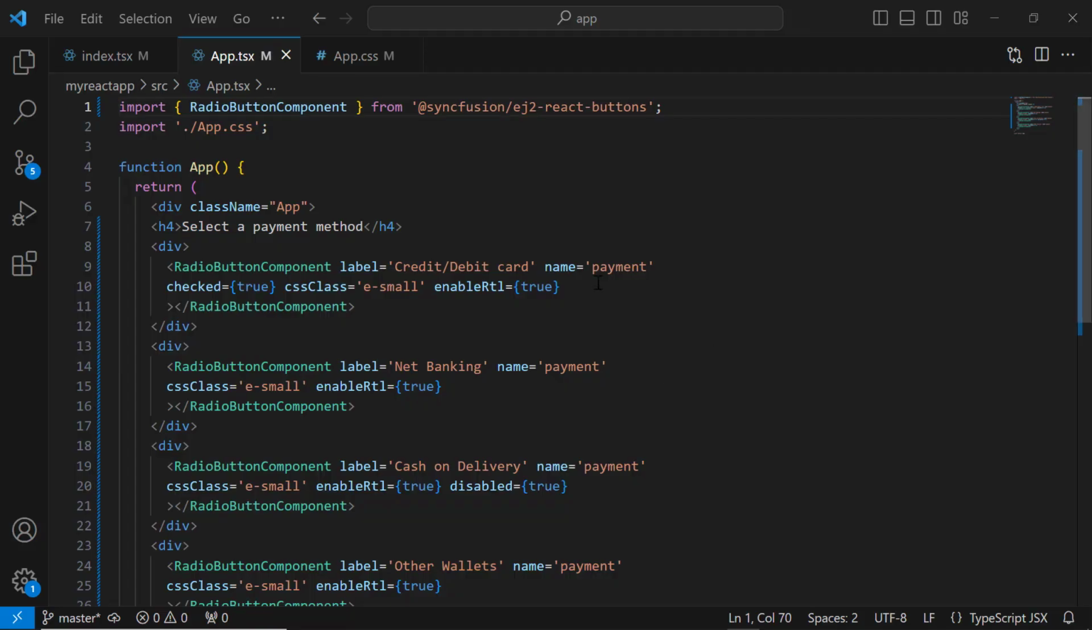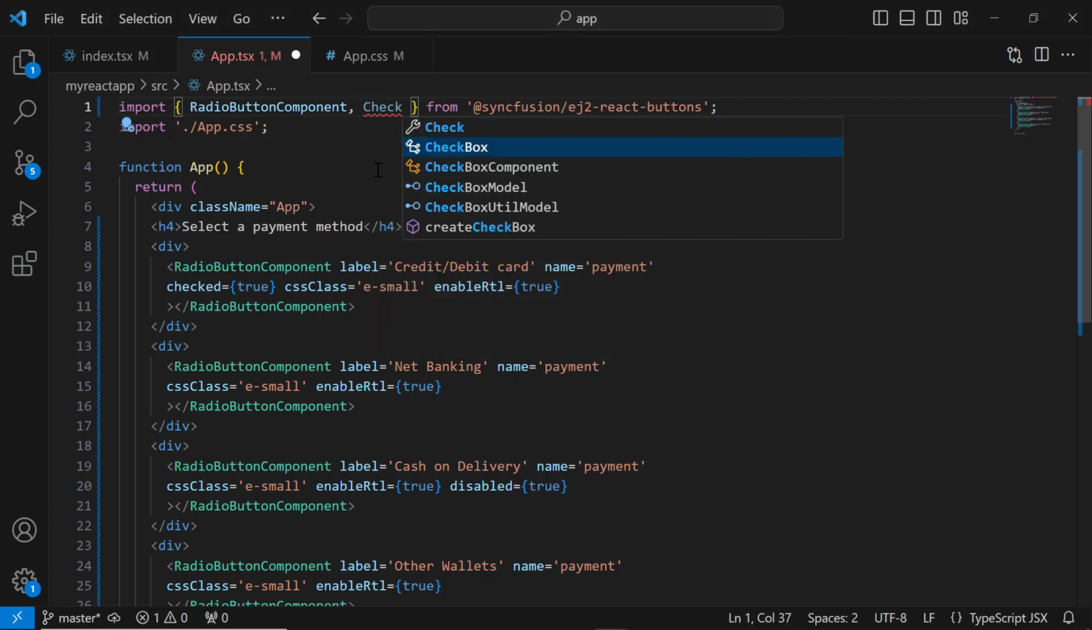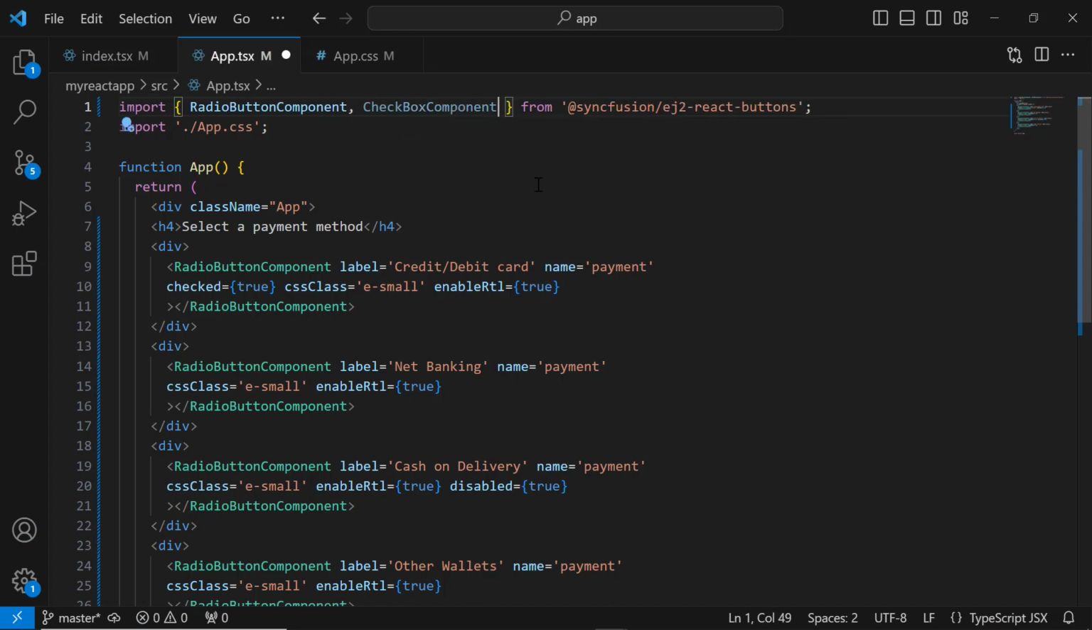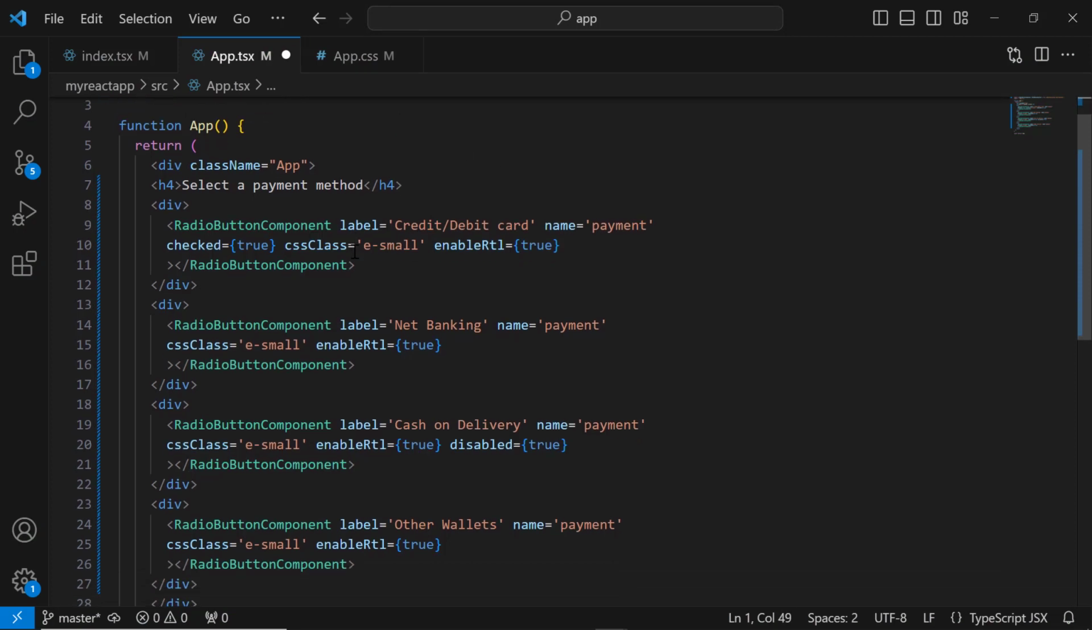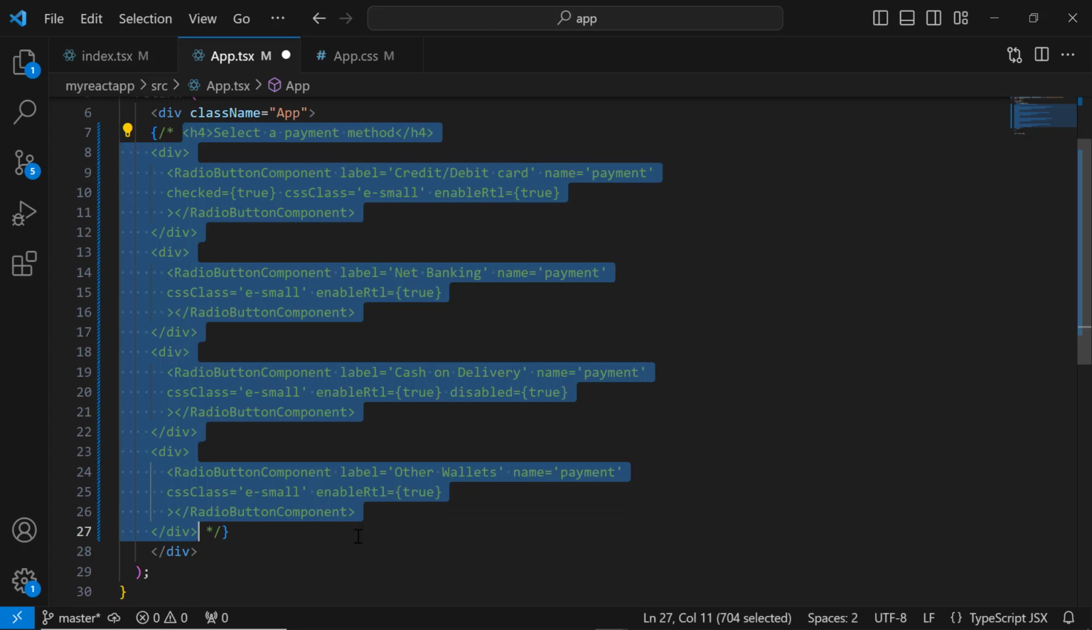Next, let's add the Syncfusion React Checkbox component to the application. The checkbox component is a part of the buttons package. Since I have already installed that, I will add the component. I import the checkbox component from the Syncfusion EJ2 React buttons package. I comment out the radio button code